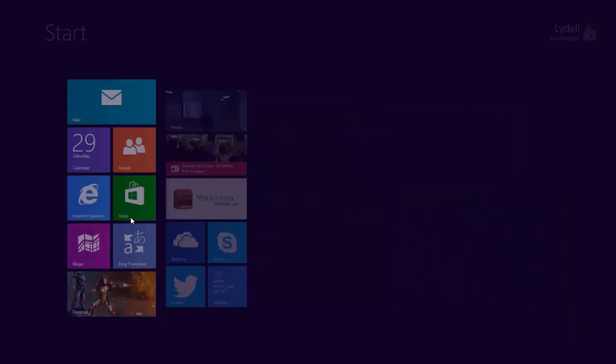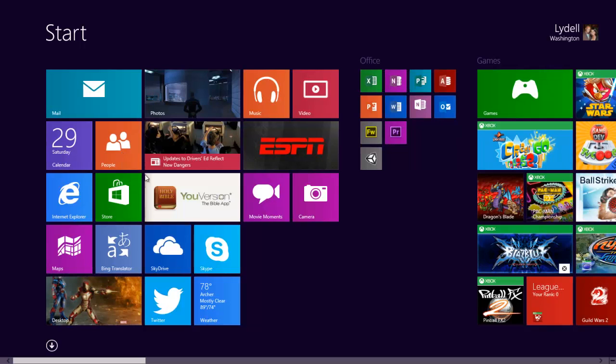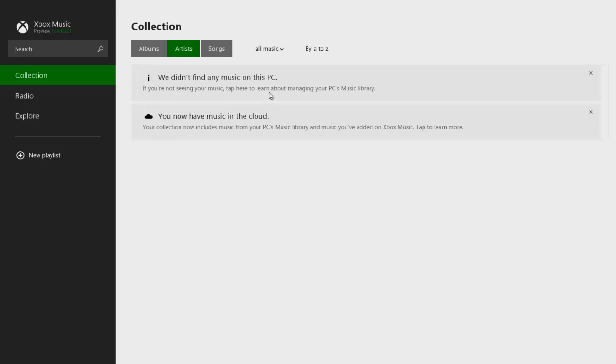Let's go ahead and try something a bit different here. So we tried store. Let's try Xbox Music. So Xbox Music is on Windows 8.1. It was also on Windows 8. However, this version actually looks different. So if you see here,